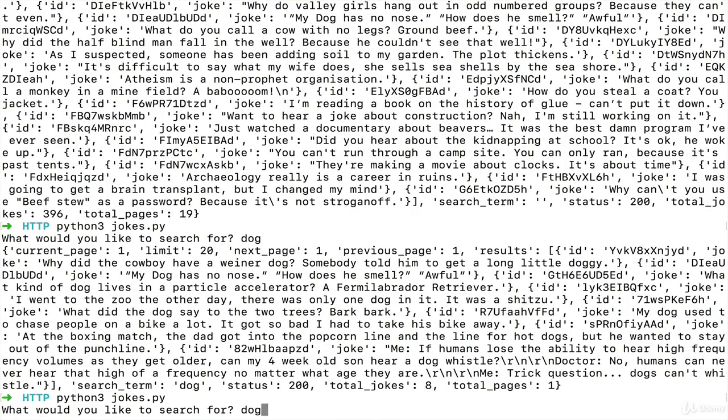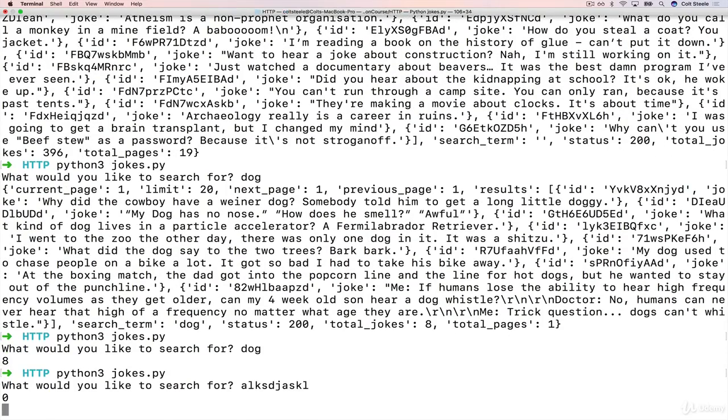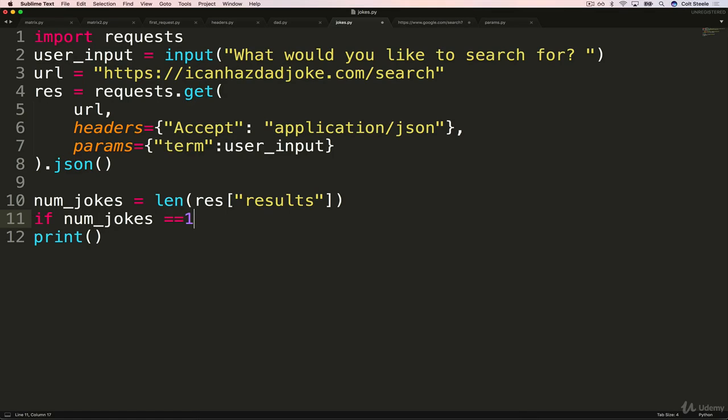And this will tell us how many jokes we got back. So if I search for dog, we get 8. If I search for something that doesn't exist, 0. So that's one option, and we could save that to a variable, call it num jokes or something, and then do if num jokes is equal to 1, if it's greater than 1, if it's equal to 0. But there's actually an even easier way.